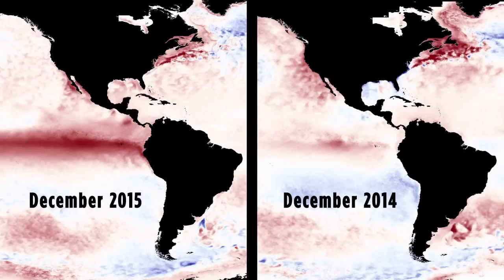This shows a really strong El Niño because the temperature is so much warmer than normal. Now compare it to the picture on the right from December 2014. You can see here that the water is still a little warmer than normal, but is much cooler than in December 2015. So we talked before about upwellings, and the key there was that the cold waters brought in nutrients